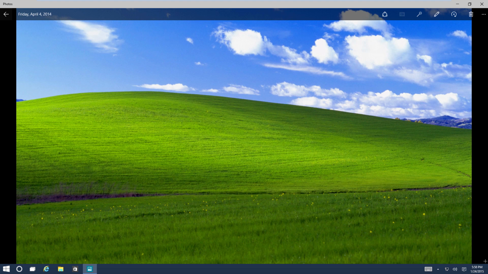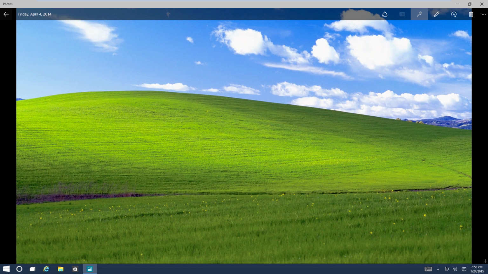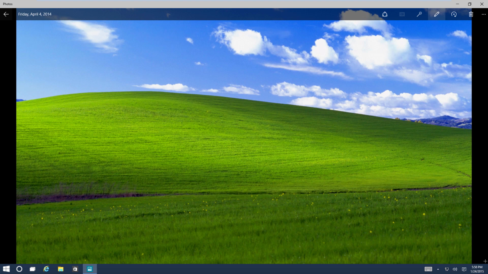If you had more than one picture, you could do a slideshow. That's what this button does. At least I think. I'm just guessing because I can see that there's a little play icon in there. This is the auto enhance button, which sometimes makes the picture look worse than it really is. So you can see here. You can be the judge of that if it looks better the first or the second time. This is going to bring up the photo editor,